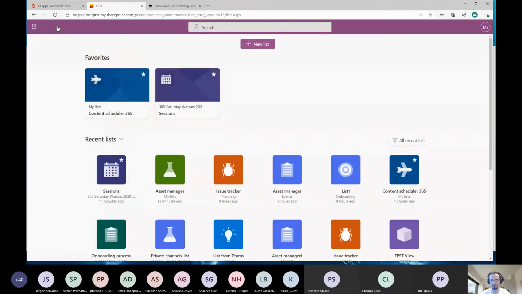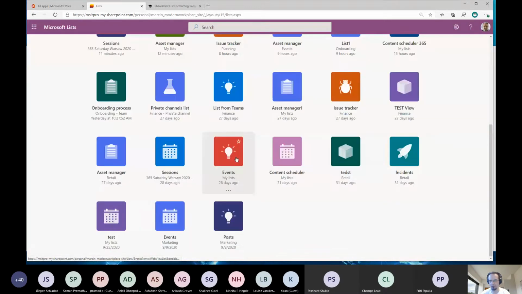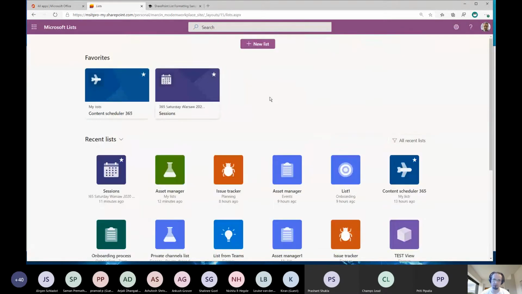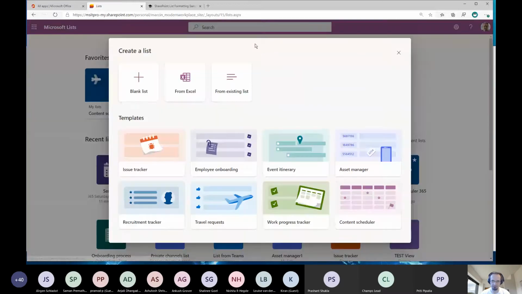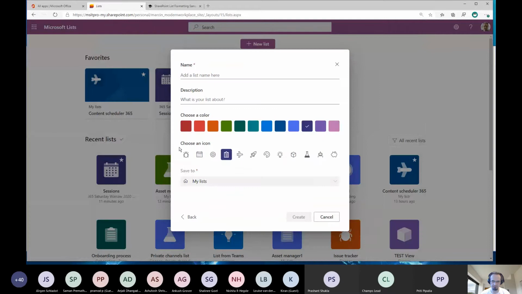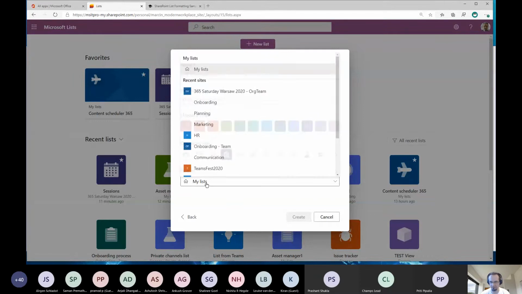Okay, so that's lists. If I go back to my Microsoft Lists, I can create new ones, add more. But there's one thing. If I go and create a new blank list, there's an option where I want to save my list. And it's quite important because by default, we start with my list. If you create your list, it will be stored only for you.